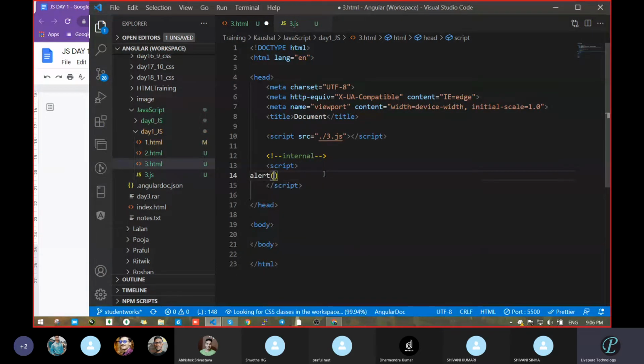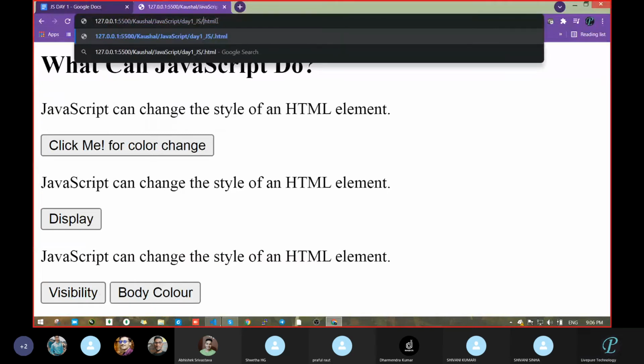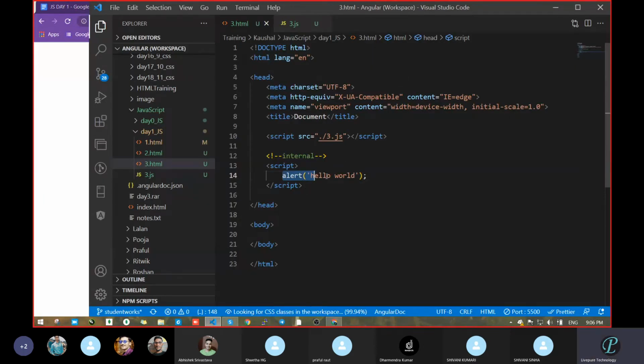Inside alert, we had passed something like this: Hello world. I had not explained much, we had just seen what it does. So we got the hello world. Same thing we are going to write in the external file.